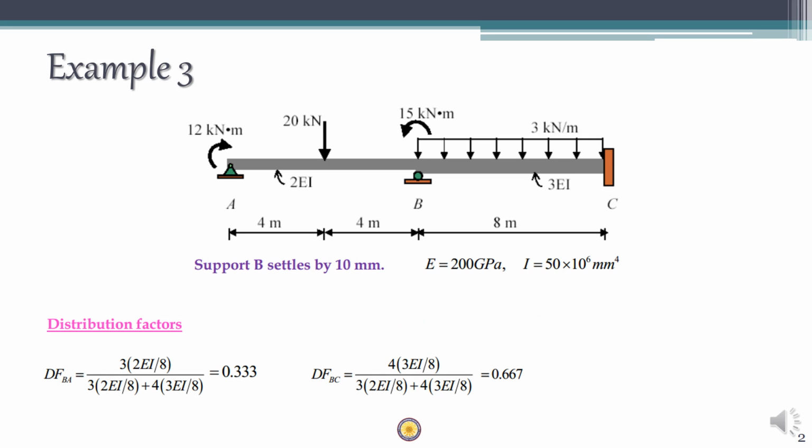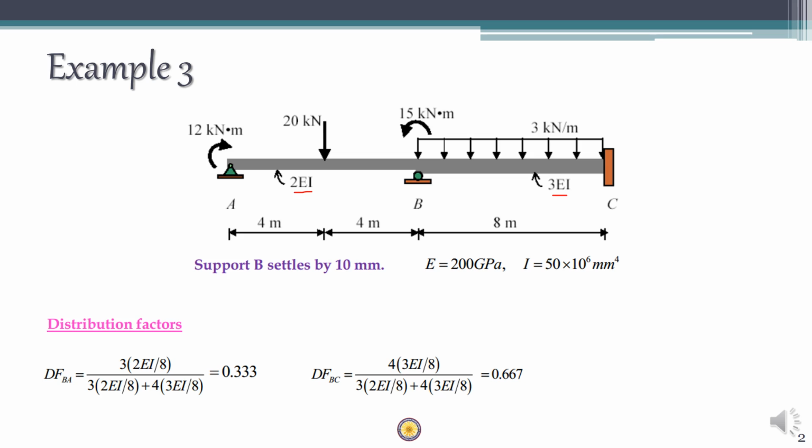So here we have a two-span bridge ABC, each of span 8 meters. The loading on the first span AB is a center point load of 20 kN. Loading on the second span BC is a 3 kN/m UDL throughout. The first span has a flexural rigidity of 2EI, and the second span has a flexural rigidity of 3EI,